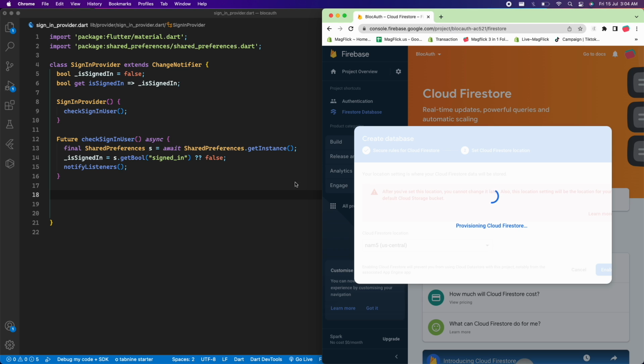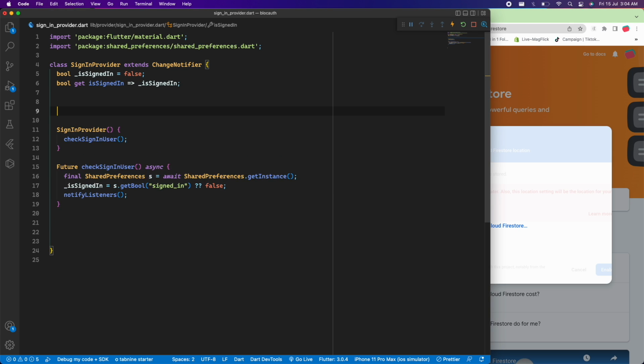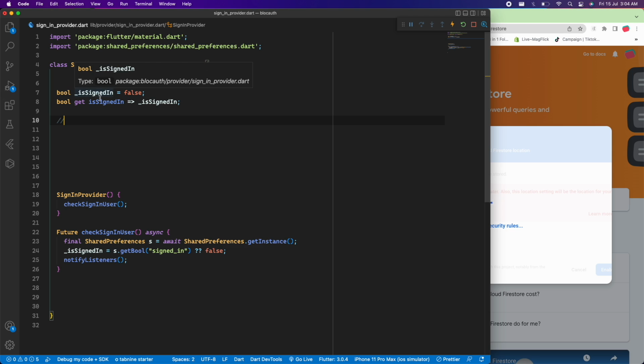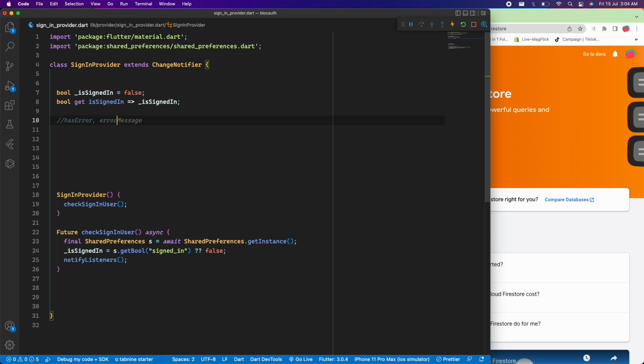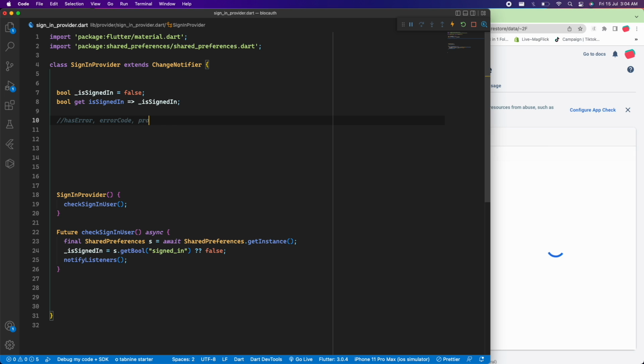By the time it is doing the provisioning of Cloud Firestore, let me just tell you what things we need to add here. In the manner that we have created this signed in instance, we have to also create instances like hasError, error code, then provider. This will be Google provider, Facebook provider, or a Twitter provider, or a phone authentication provider. And we have to create the same for UID, same for email, same for name, same for image URL, and that's it. So let's start creating those. First of all, we have to create hasError. This will be false,